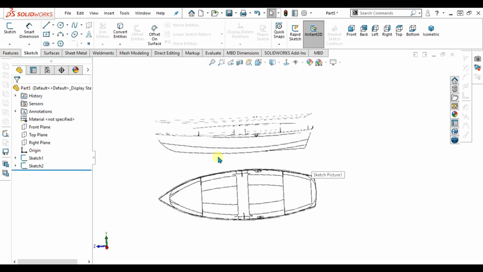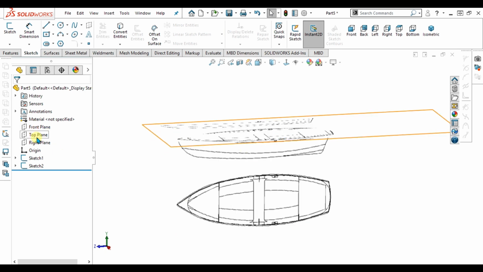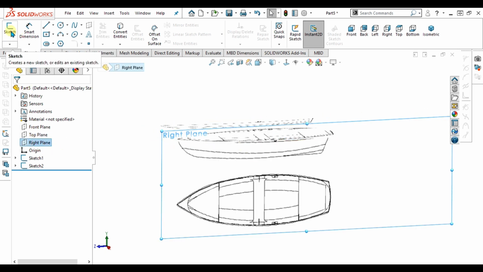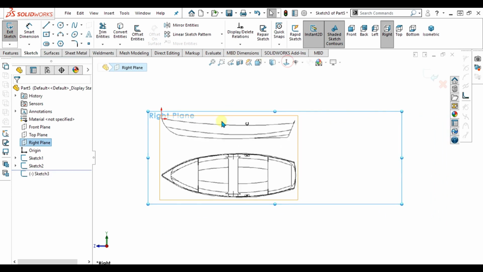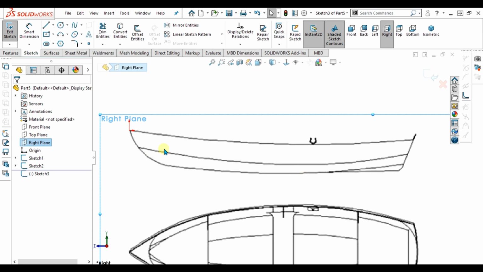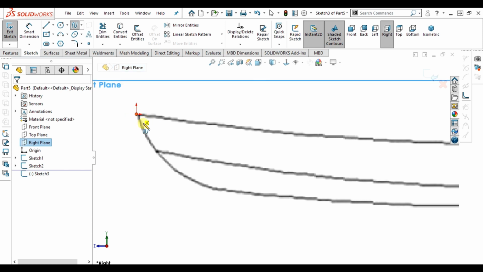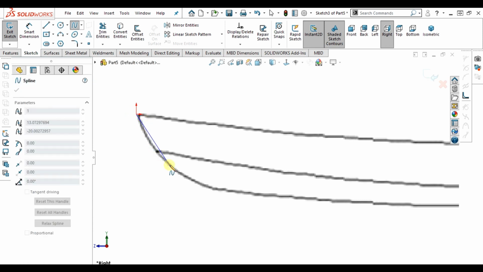Now we are going to trace this sketch. So first of all go to right plane, go to sketch. You can also use the 3D sketch for that, but I am going to make the 2D sketch first, and after that I am going to make the profiles. So I select this origin, start with this origin and make the spline.